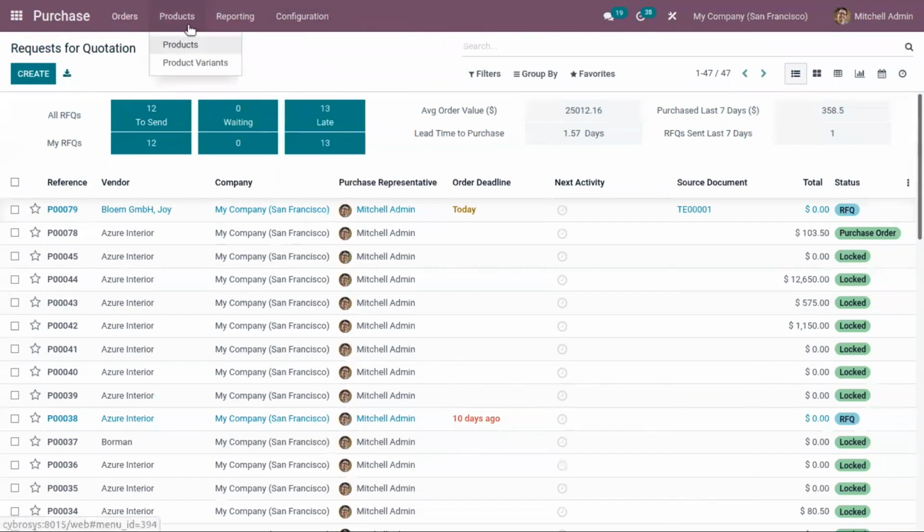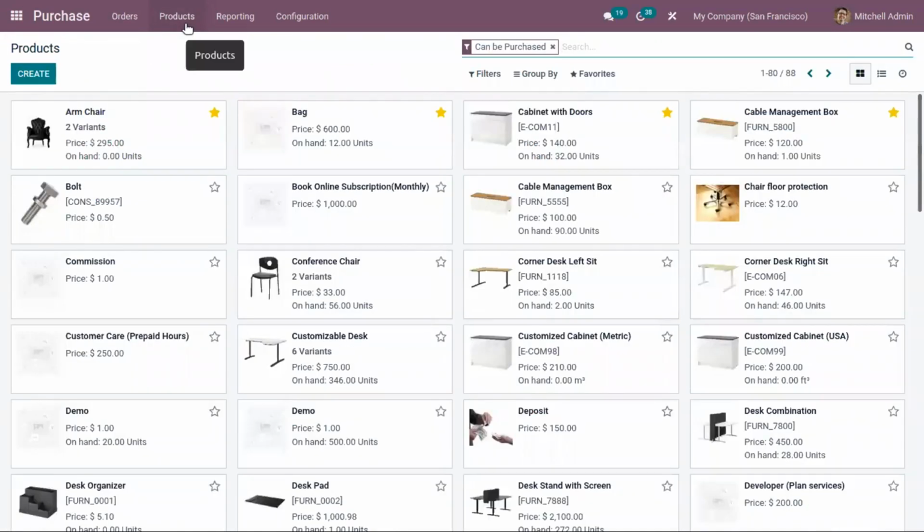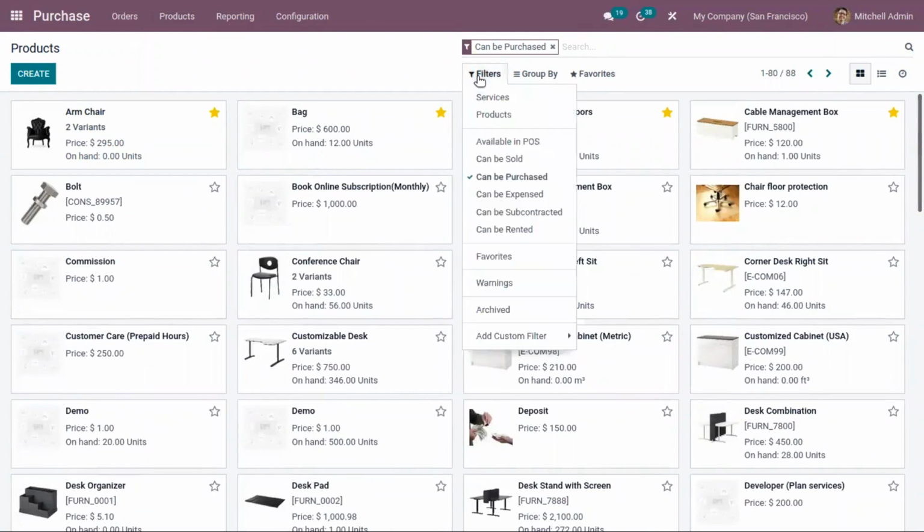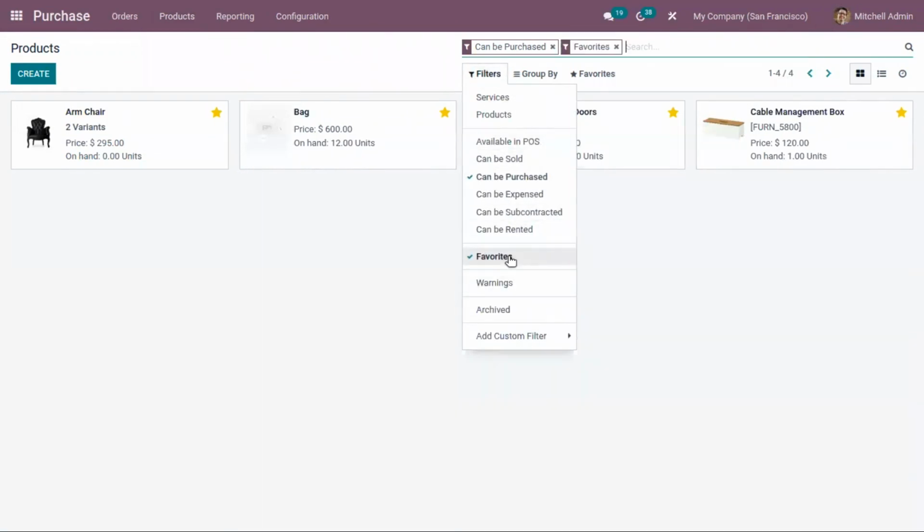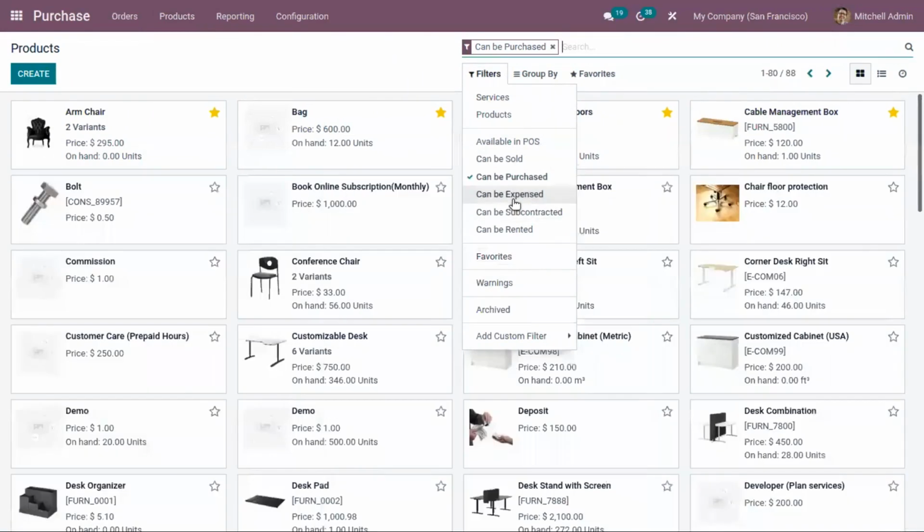Then here we can manage our products and product variants. So we have seen in our sales module also, there also we can manage products. So products are shown in a Kanban view and list view, and we can filter the required product. Like if you have added any product to favorites, that can be viewed by using the favorites filter, and we can view expense products, products that can be sold, products available in point of sale, and purchase products.